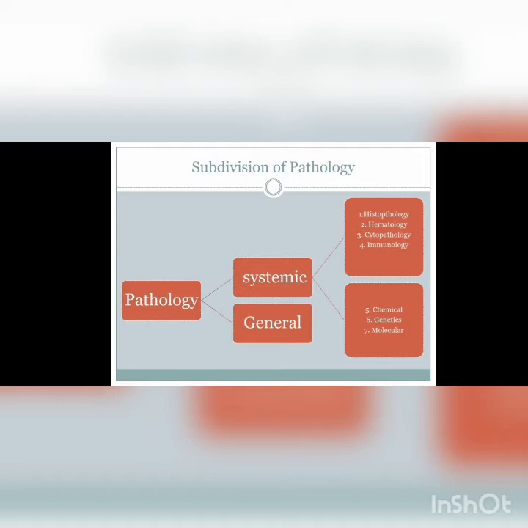Okay, then it is further divided into surgical pathology and forensic pathology. So, surgical, as the name suggests, deals with the study of tissues removed surgically from the live patient, whereas forensic pathology deals with the study of organs removed after the death of the patient. Now we come to hematology. It deals with the study of blood, disorders of blood cells, and hemostasis.